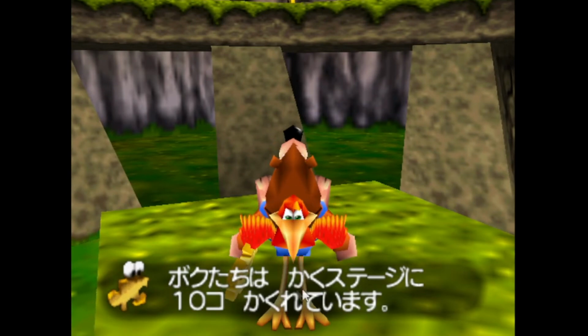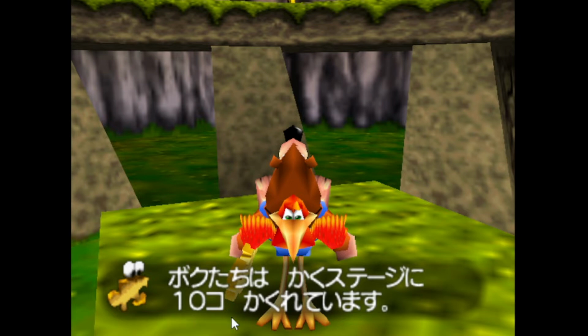Boku tachi wa kaku stage ni jikko. Is it jikko or is it jukko? I think I'm doing that a bit too much now. I know that because of a kanji test, there was like ju-hon written as one of the things, and I would read things as juppon.